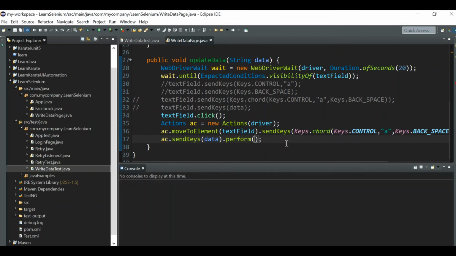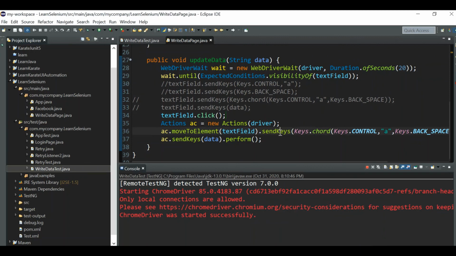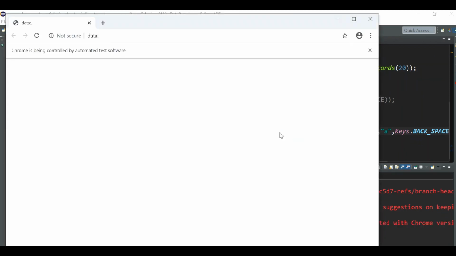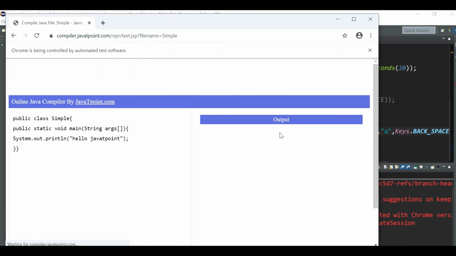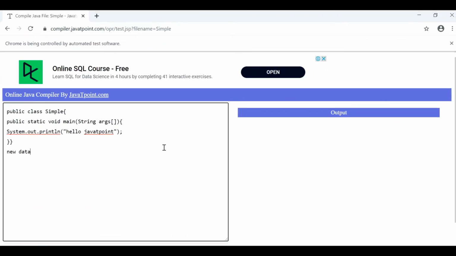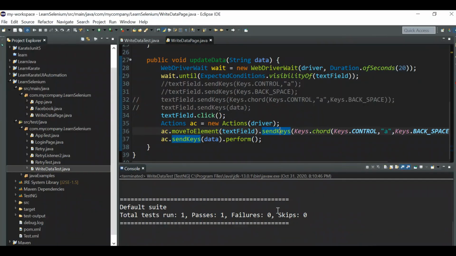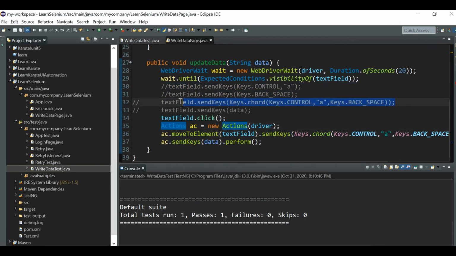Not sure if it works, because the other methods are working, so probably this would fail. Yes, it doesn't work out. So you can go with either this one, clearing the data by writing the keyboard actions in separate lines, or with this method.